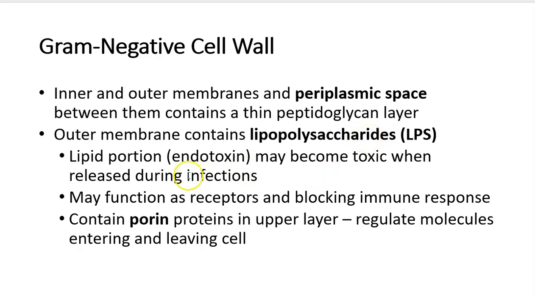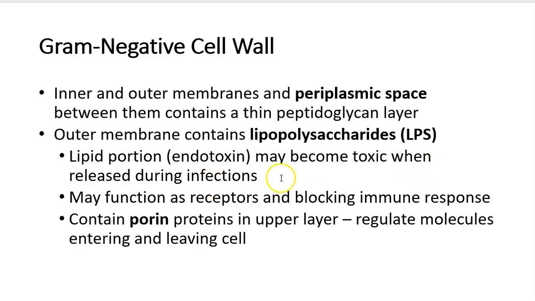There is a lipid portion of it. It is a toxin. It is an endotoxin. We'll talk later about endotoxins, but it makes these gram negatives a little more pathogenic, and they can become toxic